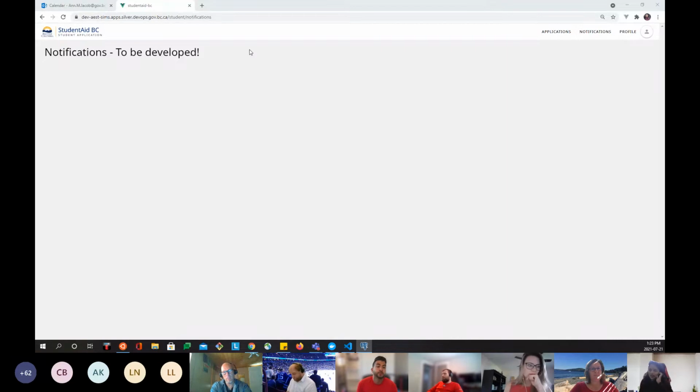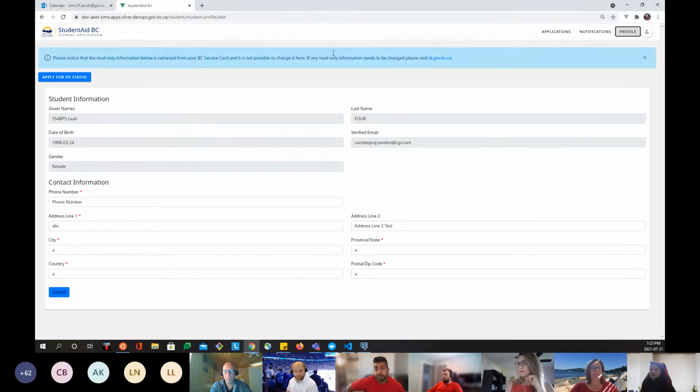So when a student logs into the system, they can go to the profile. And if the student's SIN is validated from CRA, and they have not applied for the PD status earlier, meaning we are not getting the PD status from the SFAS DB, then they will have this button to apply for PD status. So when they click,